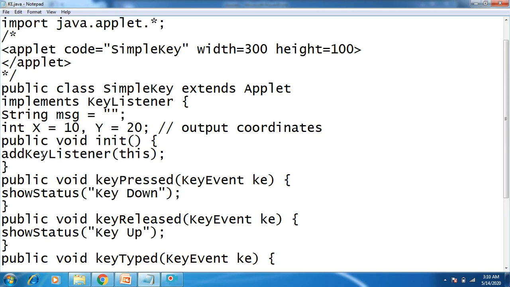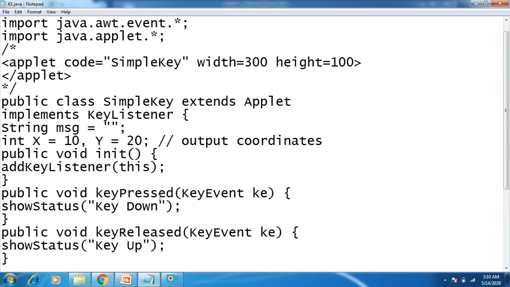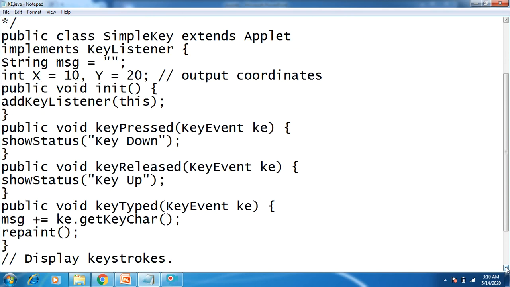In this we have added the KeyListener interface. keyPressed shows the message "key down" in the status bar. When the key is released, it shows the message "key up" in the status bar. Then suppose the user types any key from the keyboard, then the keyTyped event is generated.